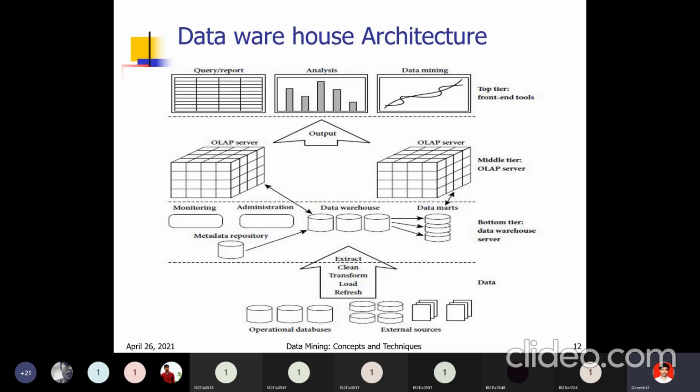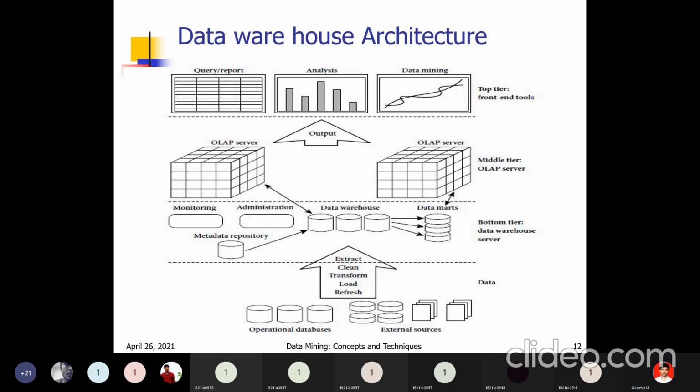Next, the enterprise warehouse. A data warehouse usually means the enterprise warehouse itself. An enterprise warehouse collects all information and subjects spanning the entire organization. The data stored in the enterprise warehouse is related to the entire organization, not a particular part or department.